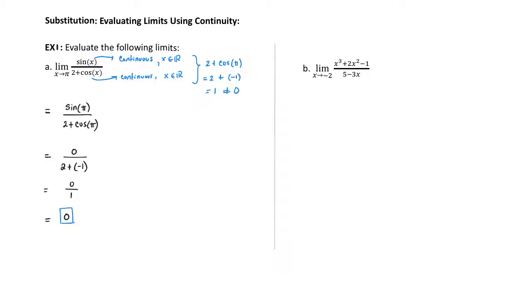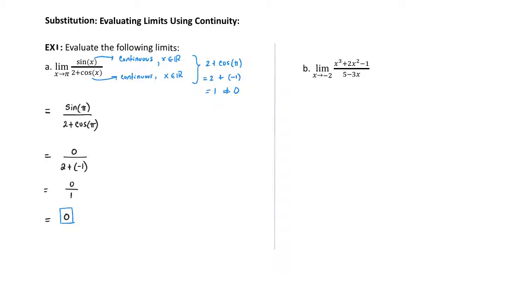We didn't have to use any complex process or writing LIM 1,000 times. We just came, we argued for continuity. As soon as we determined that the function was continuous at pi, that was it. We knew that we could actually go ahead and substitute pi into the function. So continuity,